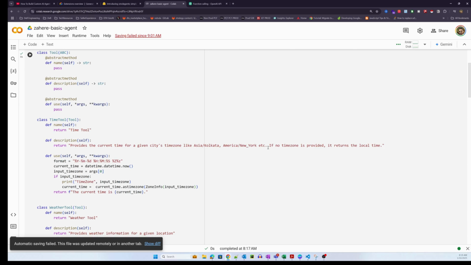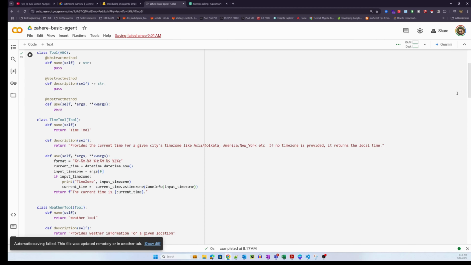So the LLM has figured out that when it gets a city, it needs to identify the time zone first, and it uses its world knowledge to do that, and we get that information. Now imagine that there was an absolutely new city created in India, and the base model doesn't have knowledge of that, right? So maybe it will get that wrong.